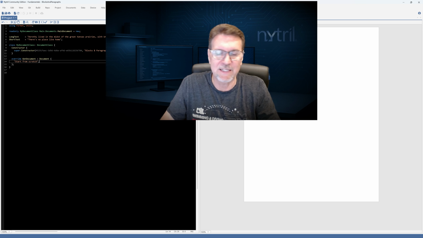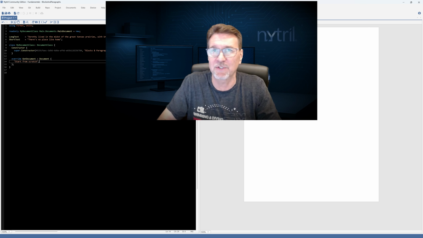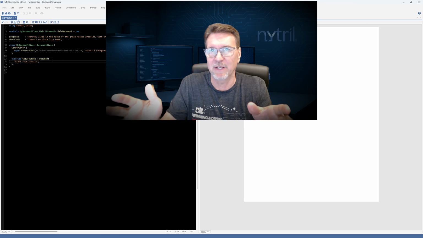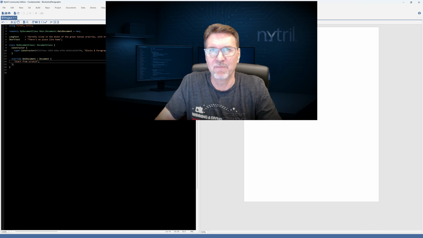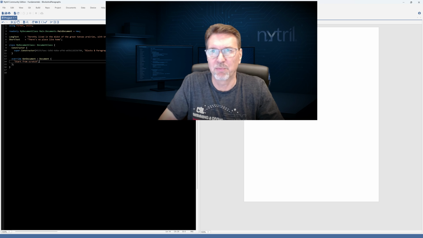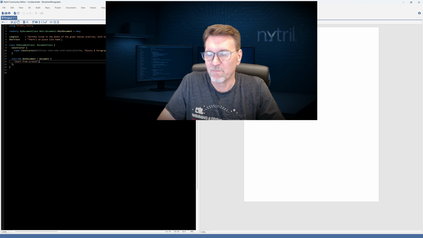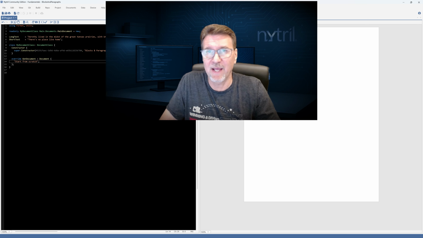If you're in a word processor and you type a bunch of text, maybe a paragraph of text, and then it wraps and it wraps and it wraps, and then at the end you press enter, that created a paragraph. That's exactly the same thing that's happening in Nitro. It's going from the left margin to the right margin, it wraps, and then at the end it breaks onto a new line, and that makes a paragraph. So a paragraph is simple to understand.